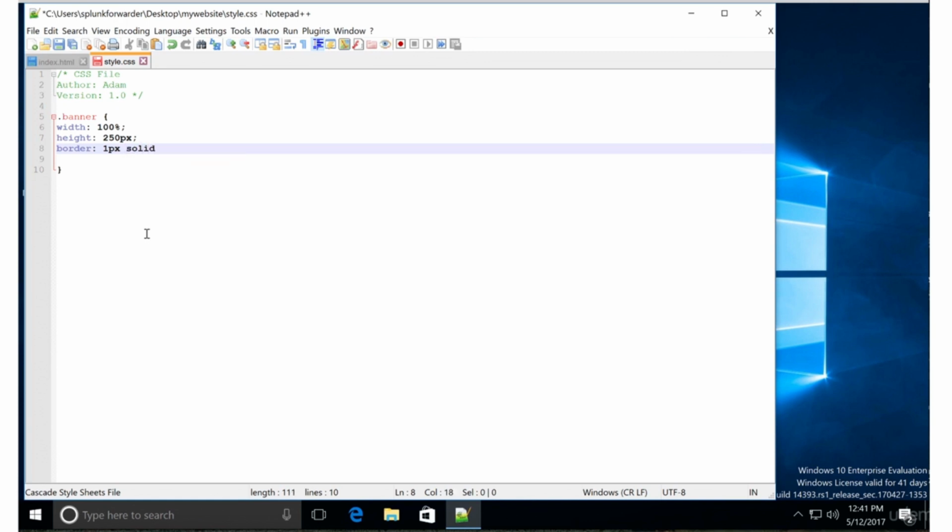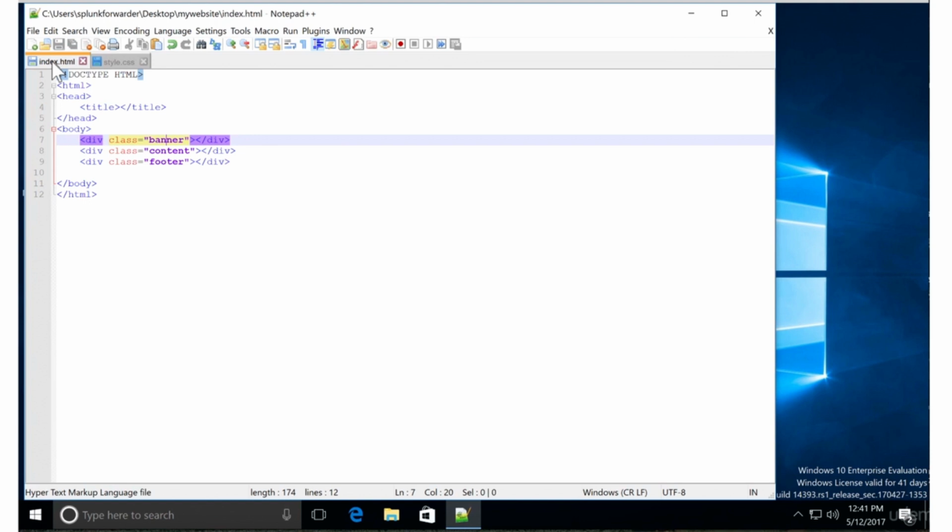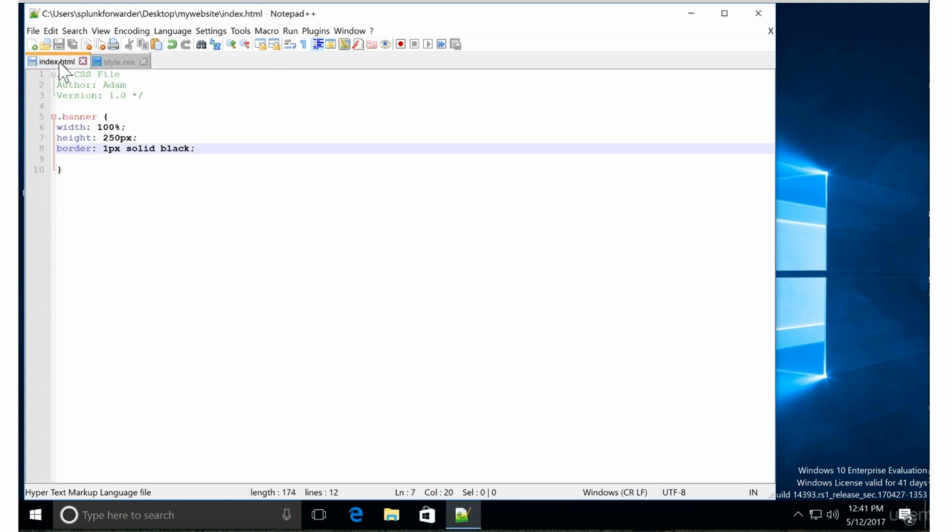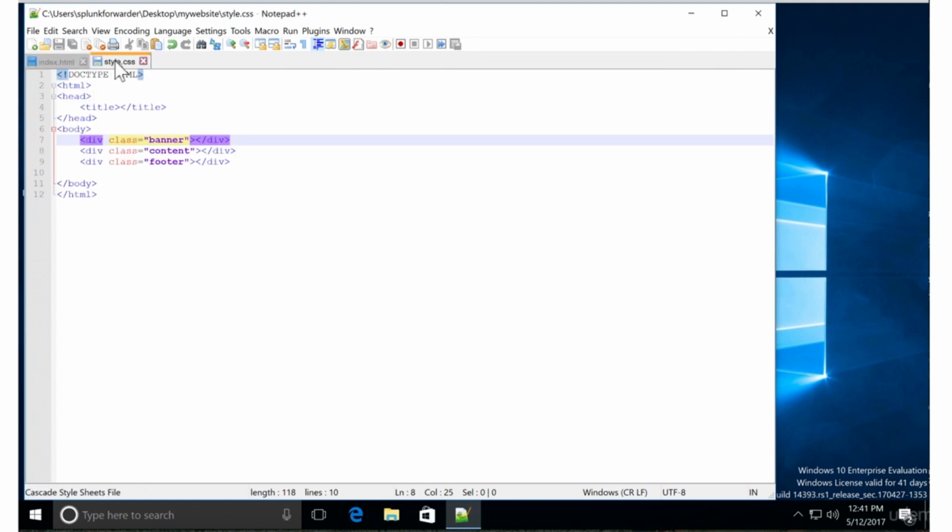For right now, let's just do solid. And a color. And I'll just do black for right now. I just want to be able to see this block. Okay, everything's saved. Now to make this index.html file know where its style sheet is, we have to do a